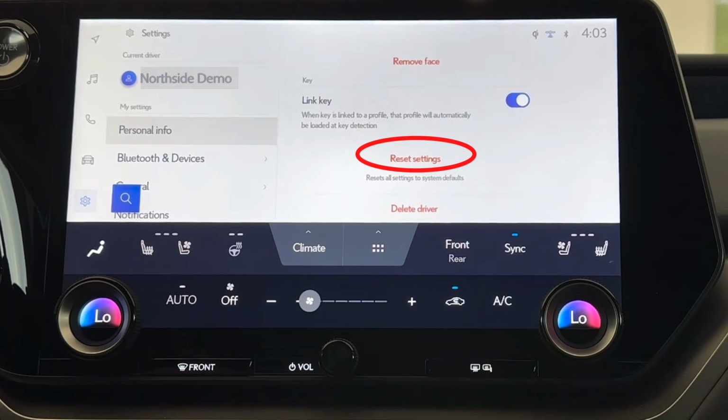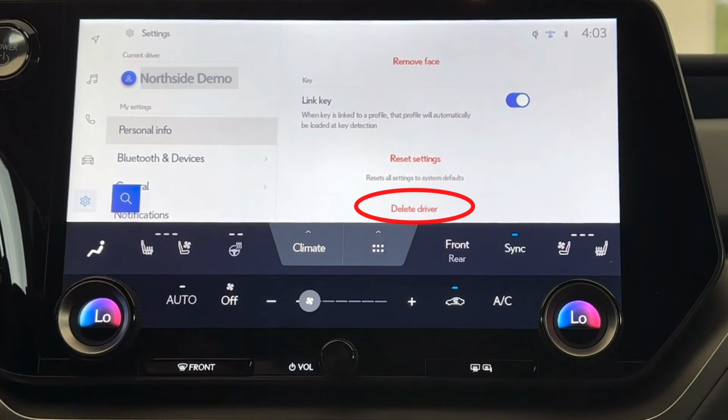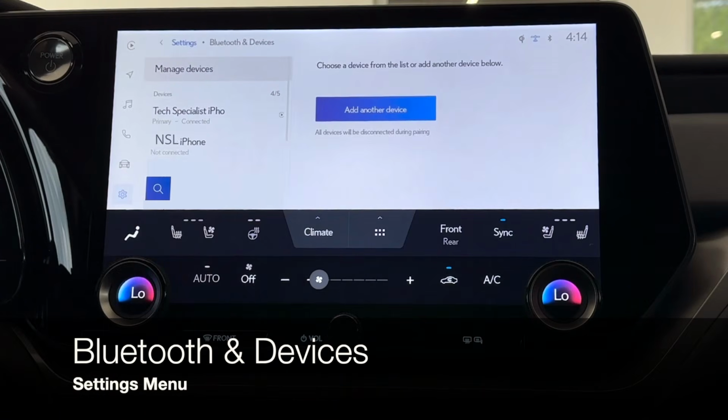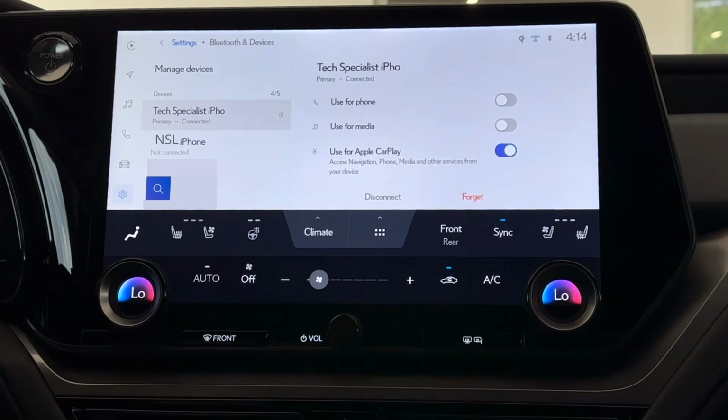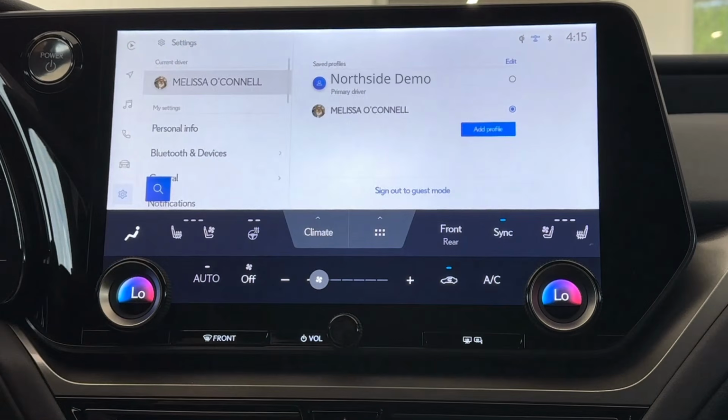You can choose to reset all settings back to the system defaults, and you can even delete this driver profile from the personal info screen. Coming to Bluetooth and devices, this is again where we manage the devices that are paired and connected to the vehicle. Selecting settings to go back,